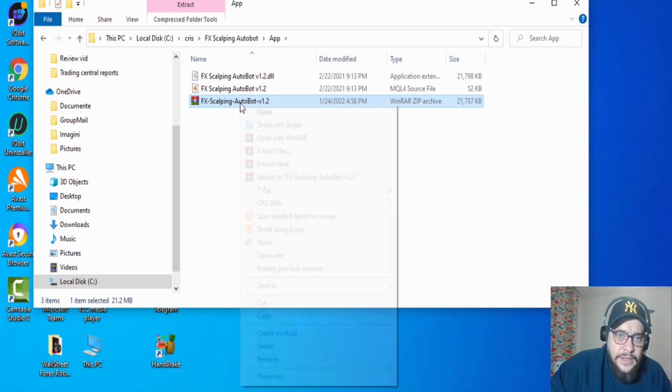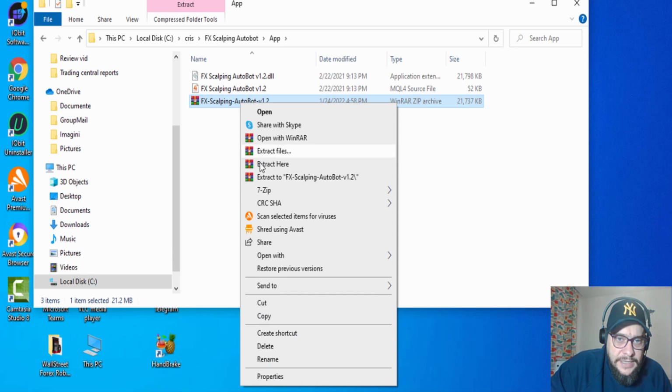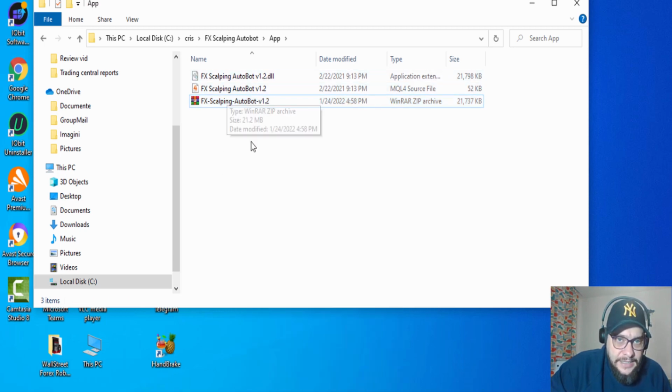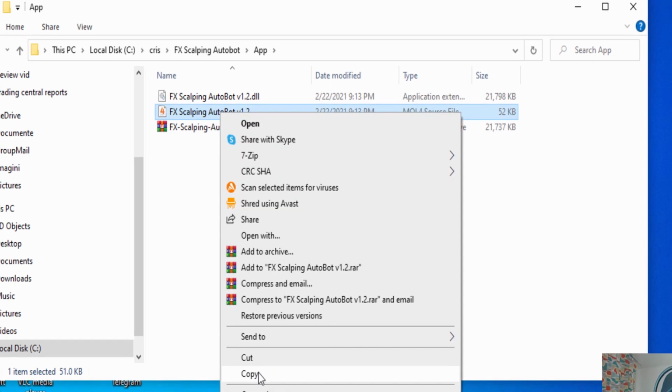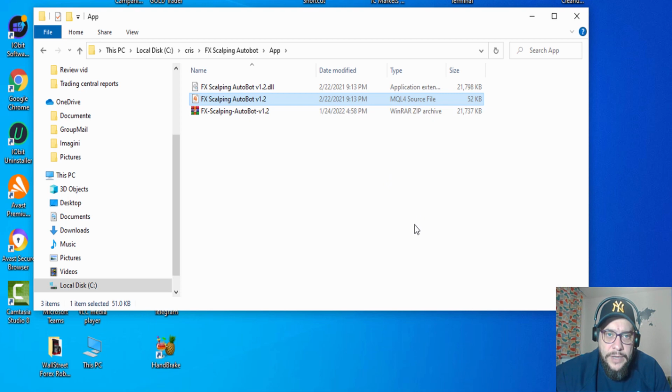After you have WinRAR installed, you'll see this extract here button. You click on it and it will extract the file over here. And as you can see, we have the MQL source file and also the DLL application file. The only thing you have to do is click on copy here where you save it on